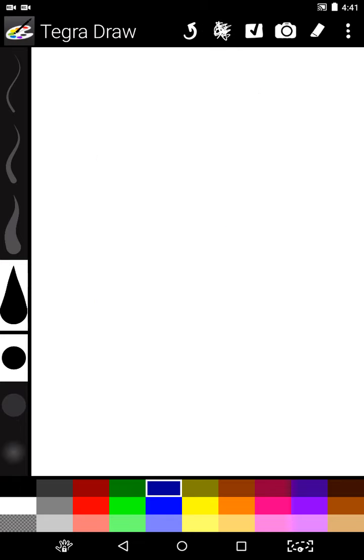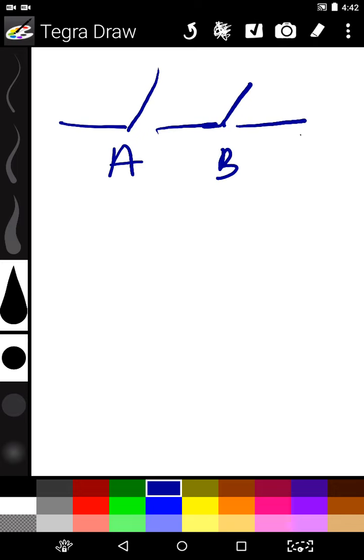Now the switch model of the AND gate is like this. This one is the A switch, this one is the B switch, and this is the output. Two switches, A and B, are connected in series, and that also verifies the truth table. Whenever A is 0 and B is 0, meaning both switches are open, there will be no current flow, so the output will be 0 current.